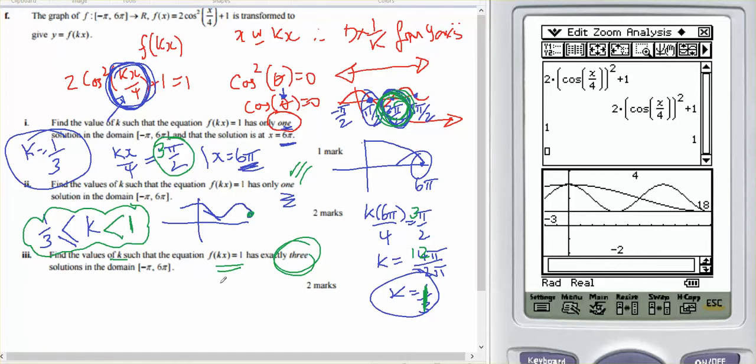Okay, if it's going to have 3 solutions, then when k equals 1, that gives me 2 solutions. So I wish to bring this one into play. So if k 6 pi on 4 equaled 5 pi on 2, therefore k equals 20 pi on 12, k equals 5/3. Let's have a little think as to what 5/3 would look like. If I put a 5 there,